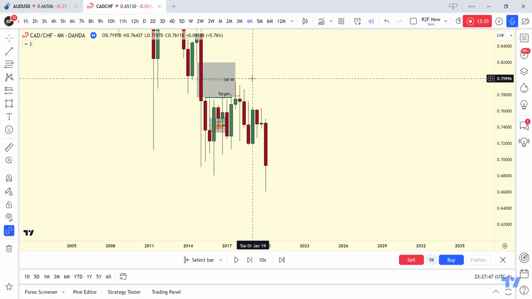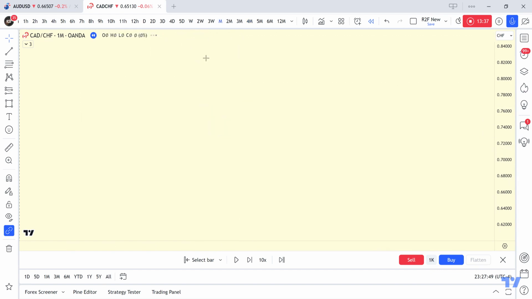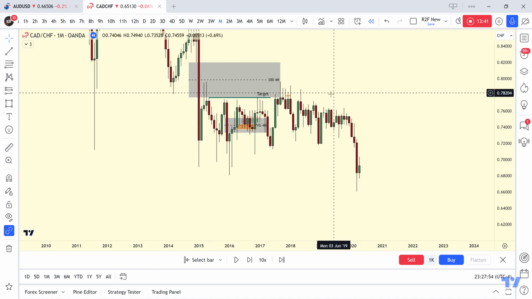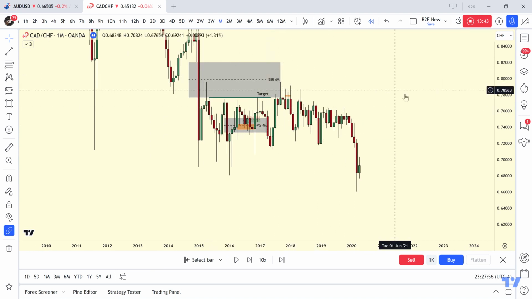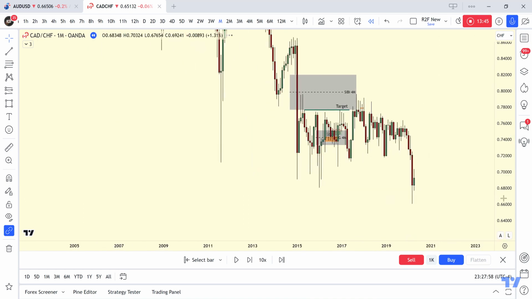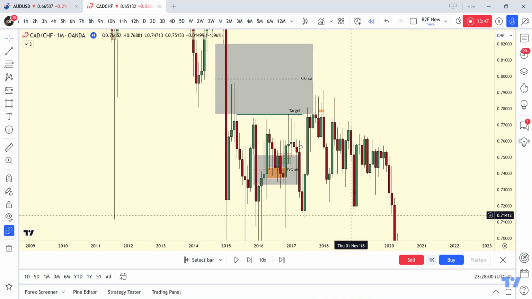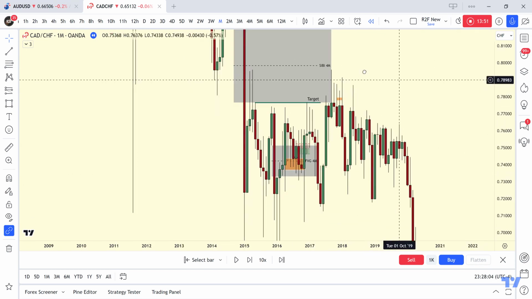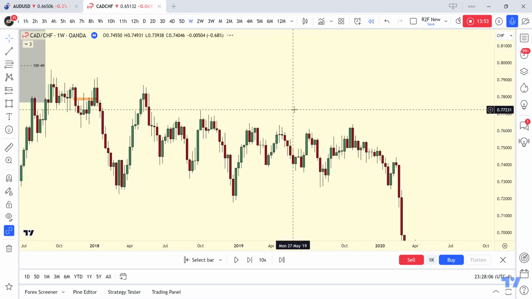You can look at these wicks. This is quite tricky to trade. In all honesty, in these types of situations, you should go for the low-hanging fruit, which is on a lower time frame. Same thing, internal to external range liquidity, but on a lower time frame. For example, if we go on the weekly,